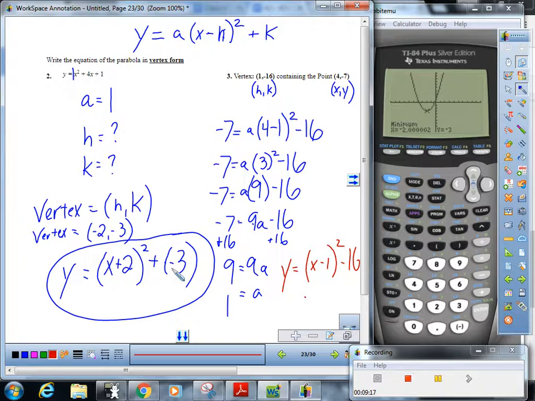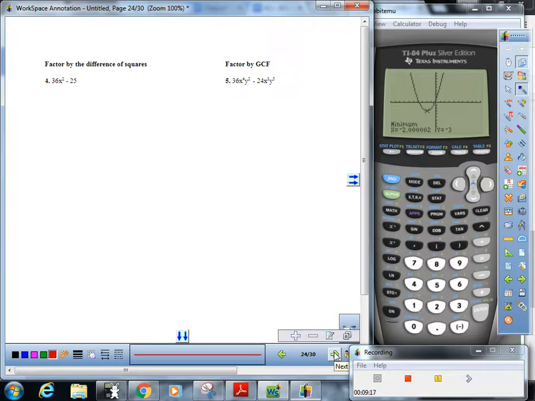And that is the hardest part of the test. From here on out, it's strictly graphing calculator or factoring. Oh, no, this one's not graphing calculator. This question is a review of Algebra 1. It's called a difference of squares. Do you notice that 36 is a perfect square? And that 25 is a perfect square? And you have a minus sign in between? So that is 6x plus 5